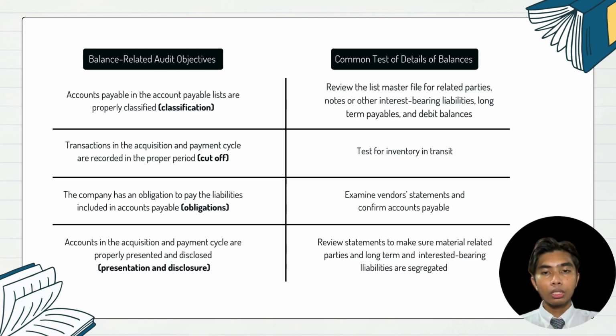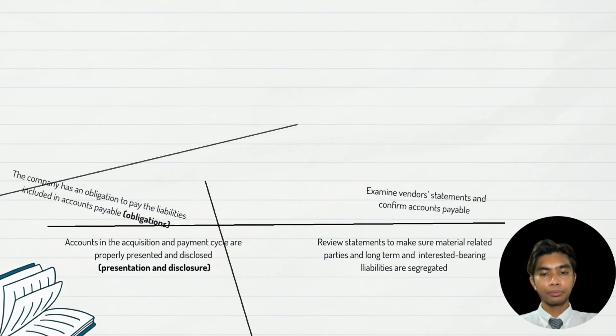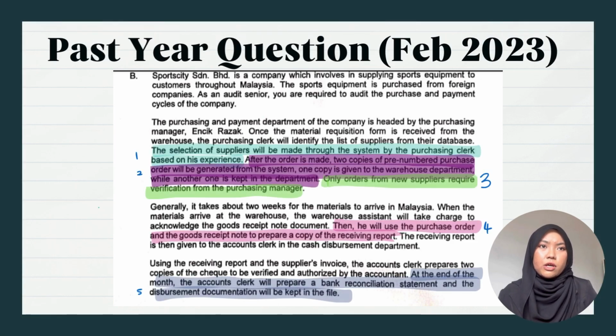It is the account in the acquisition and payment cycle are properly presented and disclosed. We check this objective by reviewing the statement to make sure materially related parties and long-term and interest-bearing liabilities are segregated. That's all from me. Now for task 2, we have prepared a past year question which we picked from February